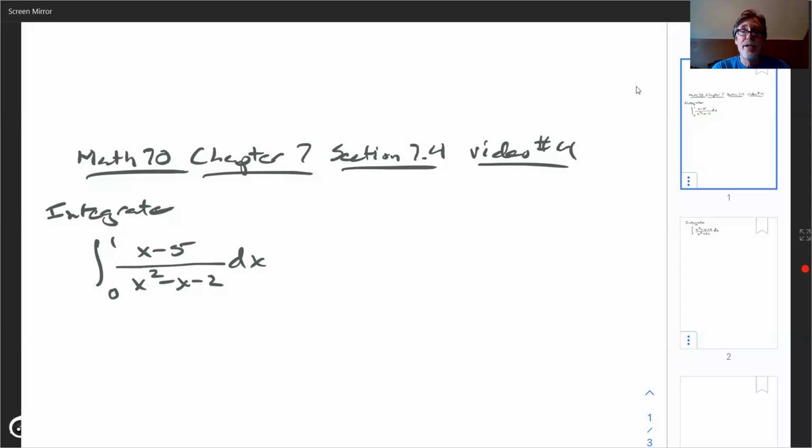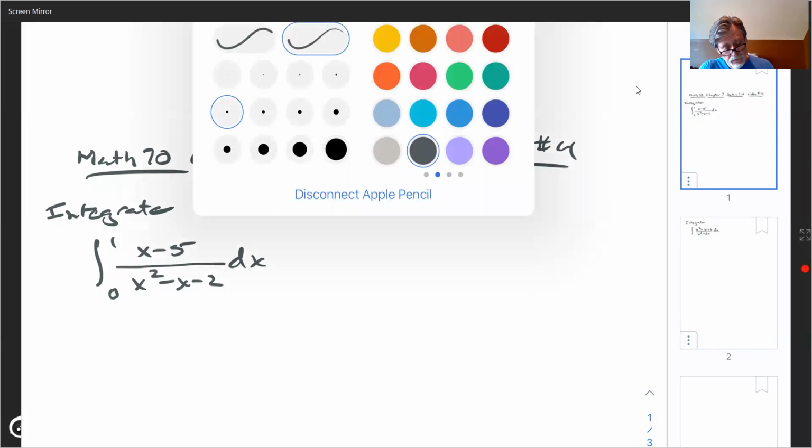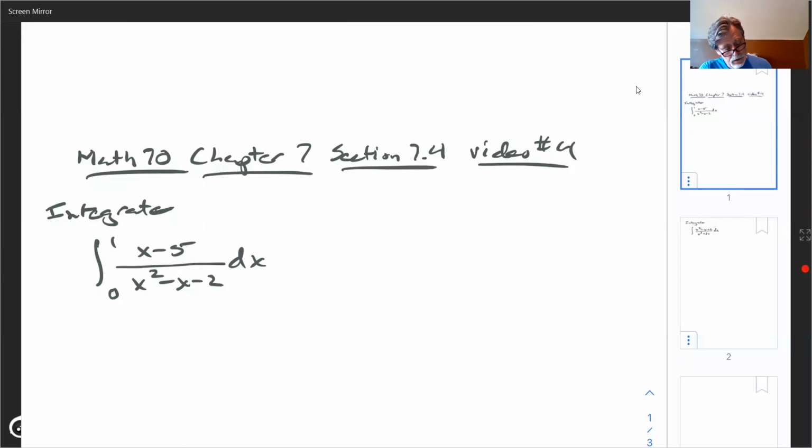Okay. The reason why we are doing all this partial fraction decomposition is coming up. So this problem is, hey, integrate from 0 to 1 this guy, x minus 5 over x squared minus x minus 2. Yeah. Guess what? We did that 2 videos ago. So if you look at that video, the first part that you have to do is take this guy and partial fraction decomposition,